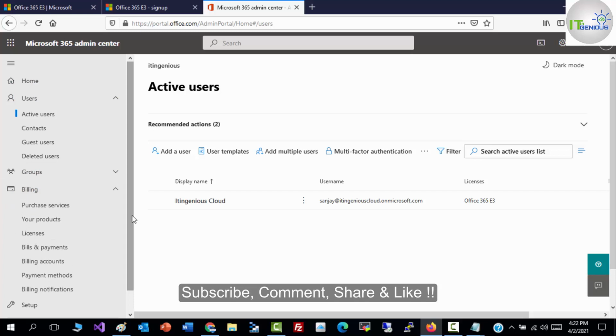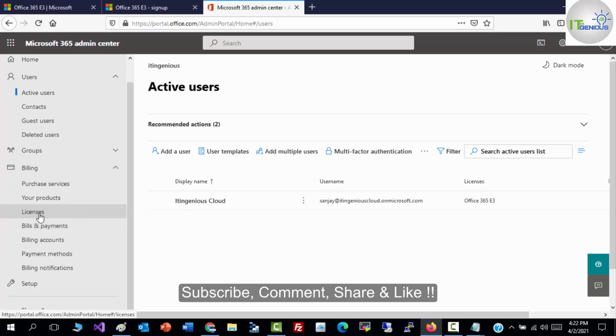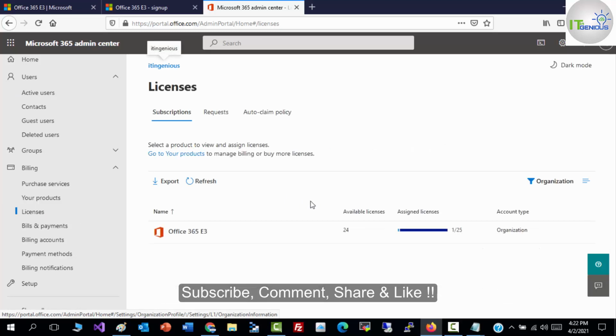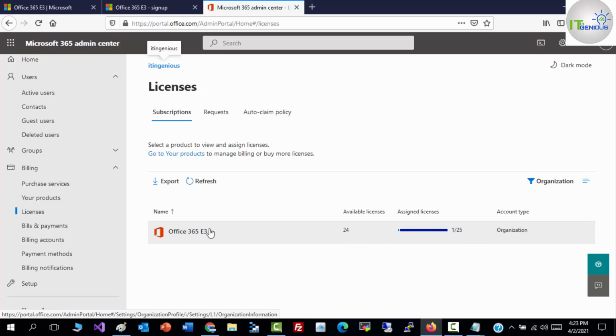Your billing information, where you will get your license. So you can click on licenses, where you will get the license which you have purchased. So we have one trial license here, which is E3, in which you are getting 25 licenses. So one license is already assigned to your organization, that means to your admin account. Now you have 24 licenses which is available here.